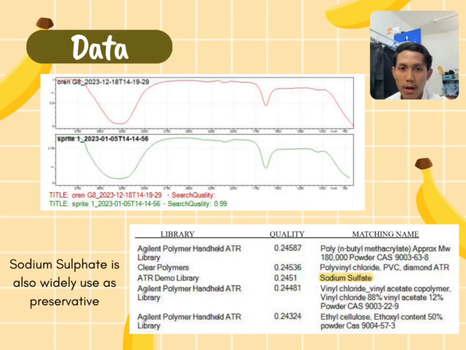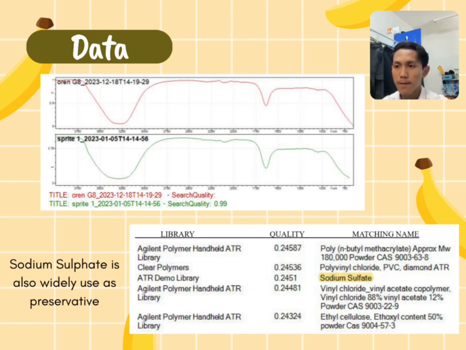Alright, let's go to our main objective, which is to find sulfur dioxide. Before that, you can see here we have a comparison of our sample with the library from the computer. As you can see here, the most matching is Sprite and our sample. The higher the quality, the better the matching spectrum to our sample. And here comes the surprise: we found that they don't use sulfur dioxide as